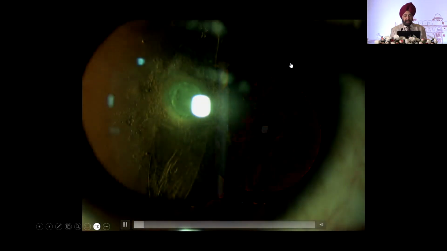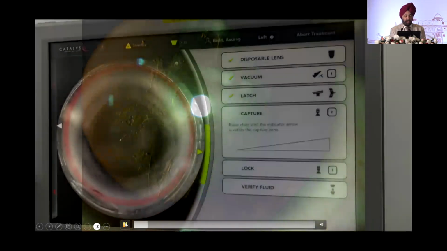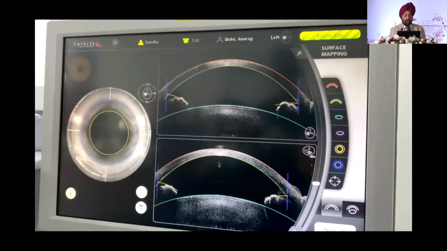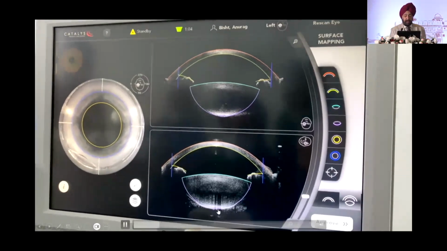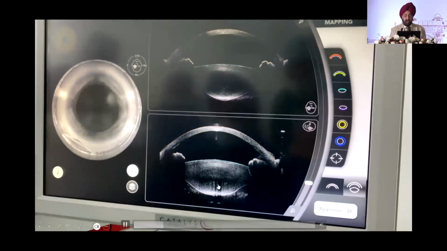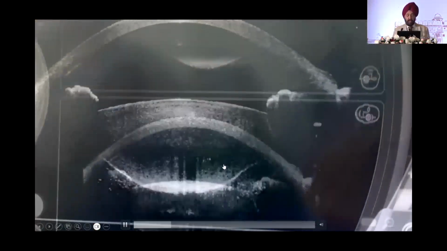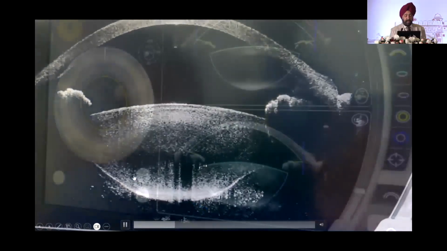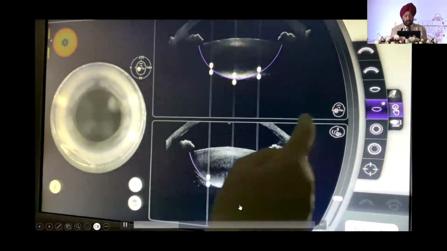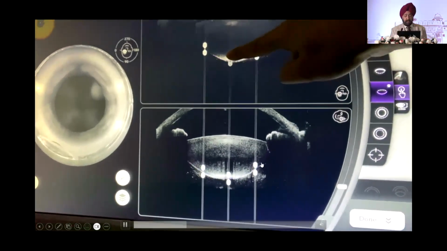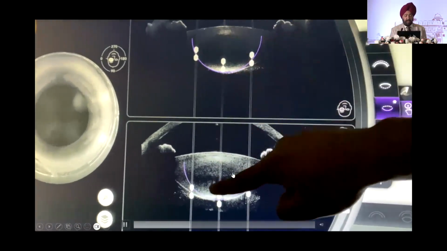This is a clear-cut case of a big rent that you have. This is seen on the slit lamp. So this was a big rent that you should even see on the slit lamp. And you can see that this is the rent which is thrown up on the OCT of the femtolaser. So what is important here is that you have to leave behind an epinuclear cushion so that this particular area does not dehisce, because there is a big dehiscence there.